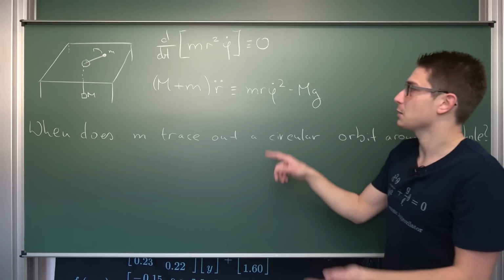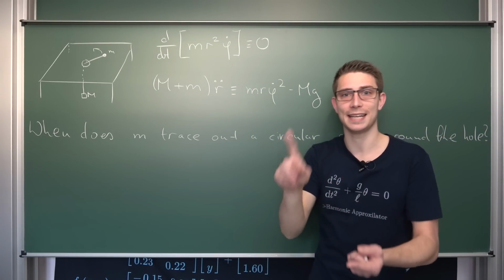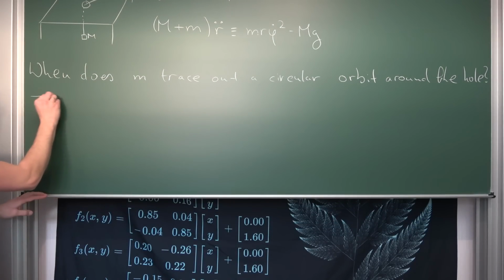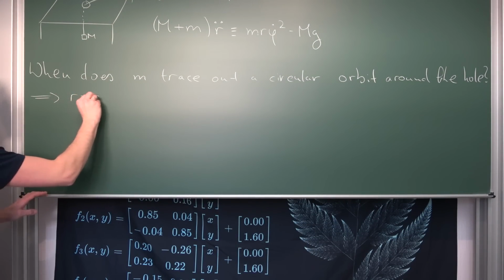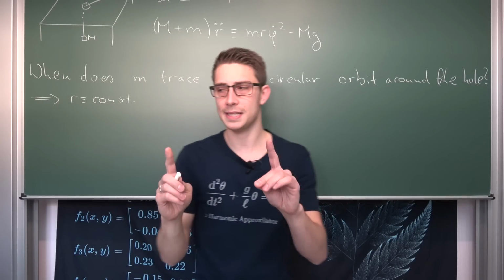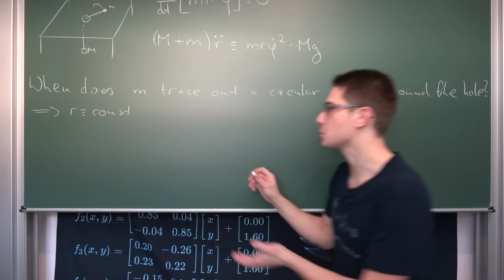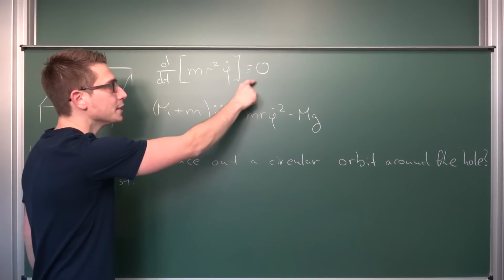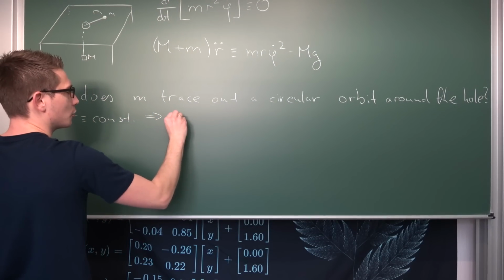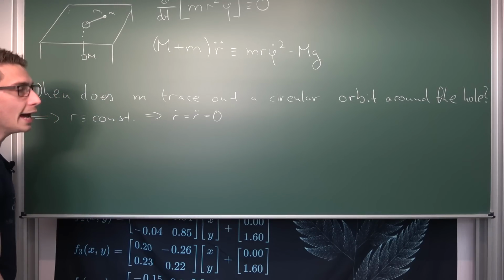That means our radius, which in the normal case is time dependent, is going to be a constant. And this is the exact point that we need to take into consideration. Namely, this happens when r is constant. If r is constant, that means it's not time dependent anymore, meaning if we differentiate a constant with respect to time, just like up here, it's going to be equal to 0. Meaning our r dot and r double dot are going to be equal to 0. Hey, that is cool, right?